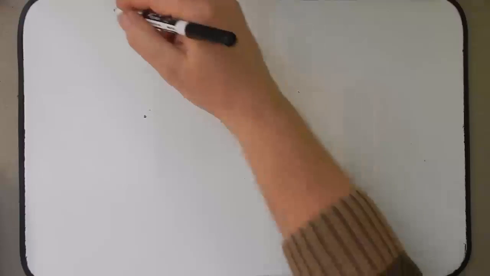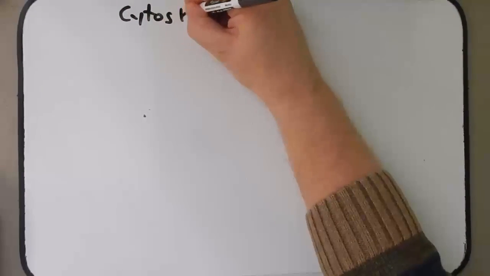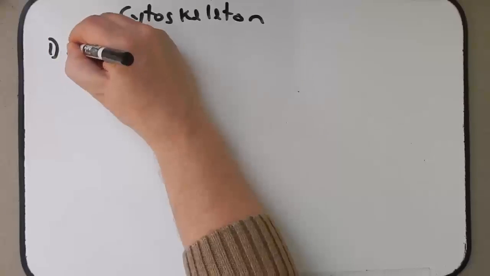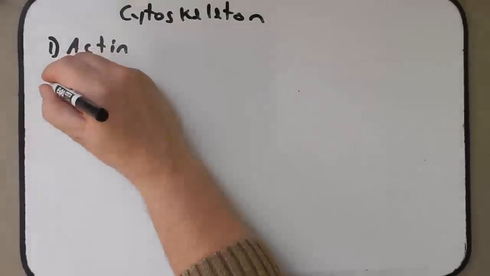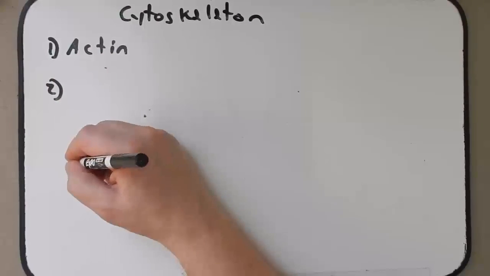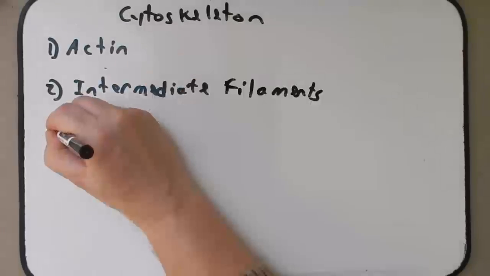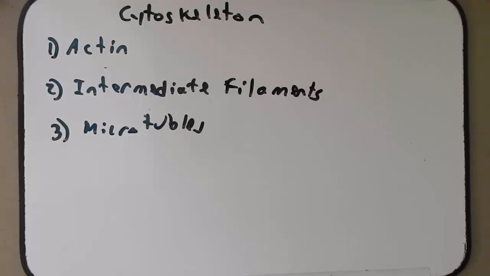In this podcast, we're going to introduce you to the cytoskeleton. We'll begin with a short definition of a cytoskeleton, and then we'll talk about the three kinds of cytoskeleton: actin, intermediate filaments, and then finally microtubules. But let's begin with a brief definition of cytoskeleton and some of the general functions of